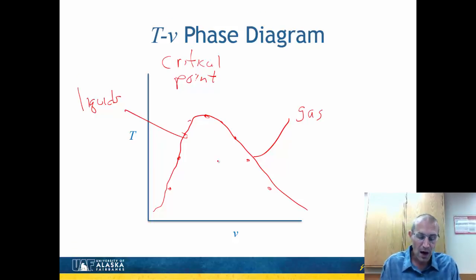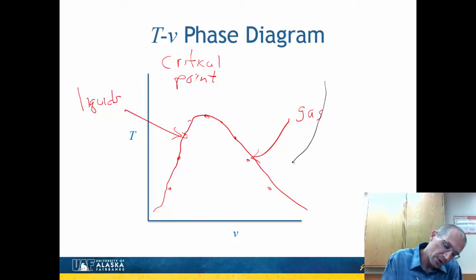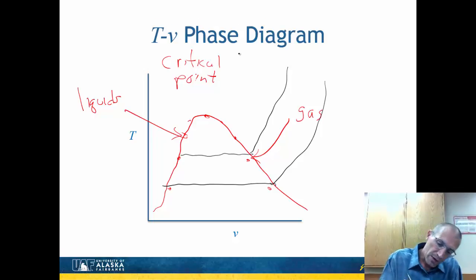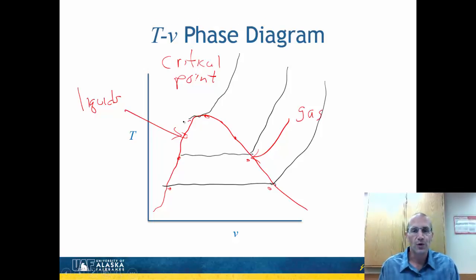Going through this, I've got isobars, and I can draw isobars through a couple of those pairs. I'll go ahead and change my pen to a different color. If I was to draw, for example, the 1 atmosphere isobar, it may look like that. The 10 atmosphere isobar would go like that. And in fact, there's an isobar that just touches the critical point, which would be the critical